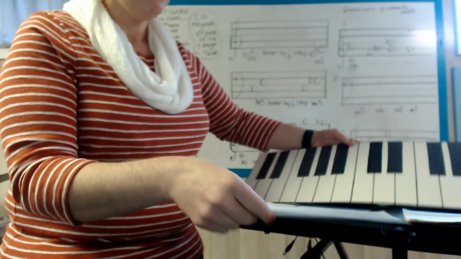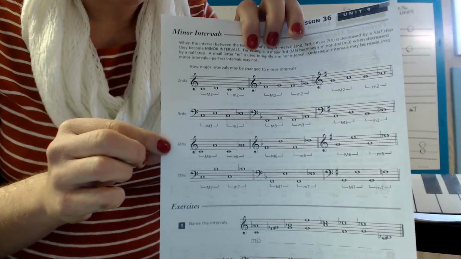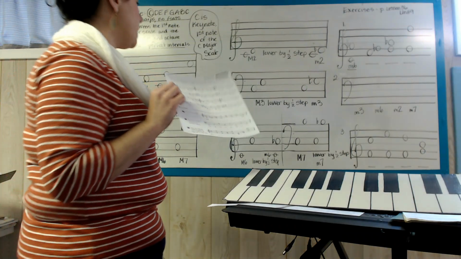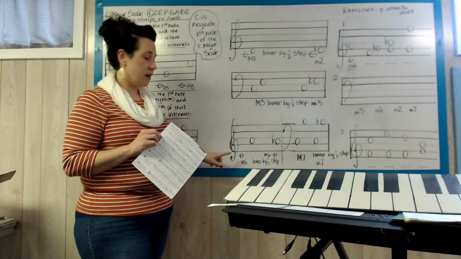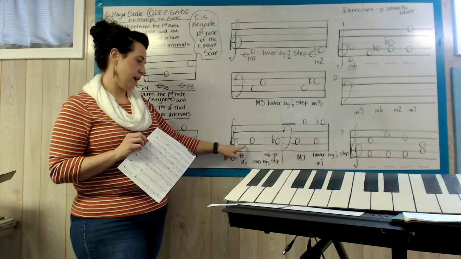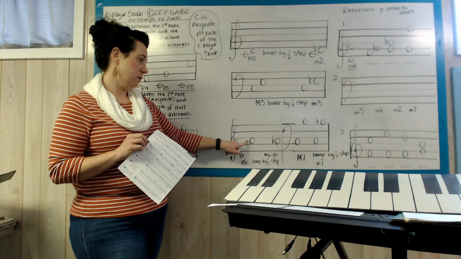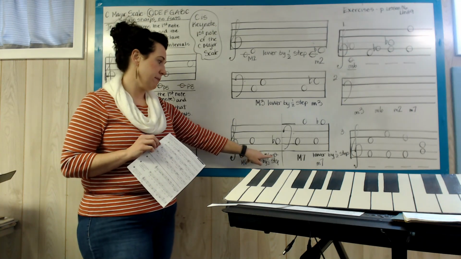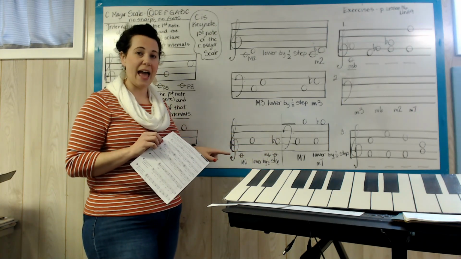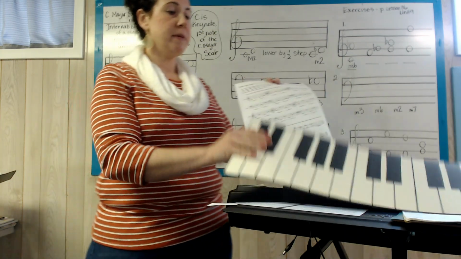Okay, let's look at the next example. Major sixth. So back up here onto the board, a major sixth would be from C to A if I was in the key of C. Now lower this by a half step and it becomes C to A flat, doesn't it? It's a half step lower. Just like on the piano,